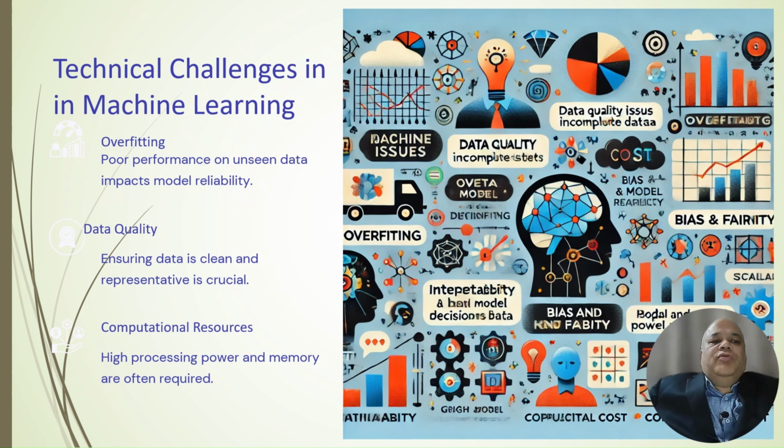The other is, of course, poor quality data, so ensuring that the data is clean and representative. So no overfitting, but it should represent, and be diverse enough. Similarly, the computation resources and the memory power which are required in machine learning, again, one needs to take into account.